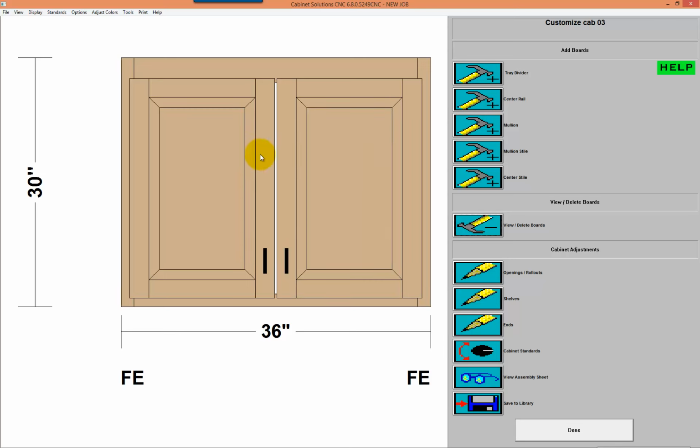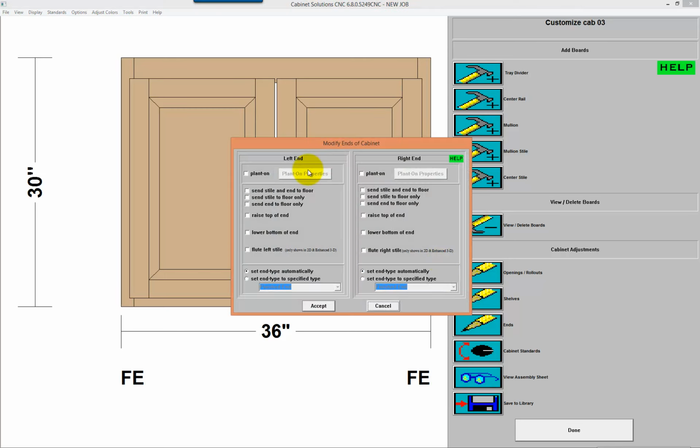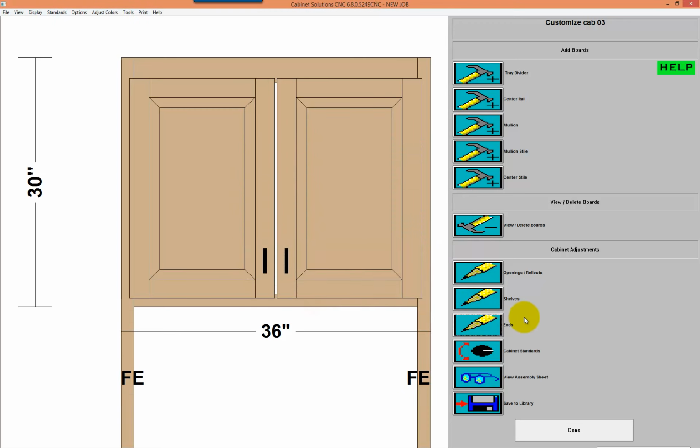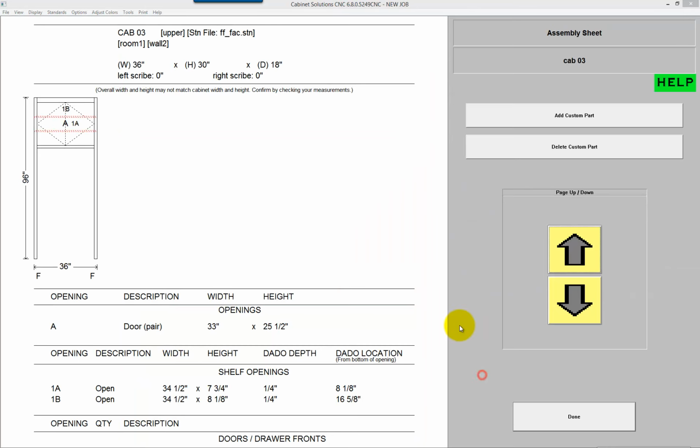I want to send the left and right end to the floor, so I'm going to go to ends, and I'll tell it to send the style and end to floor for the left and also for the right. I can view the assembly sheet for the cabinet. The assembly sheet